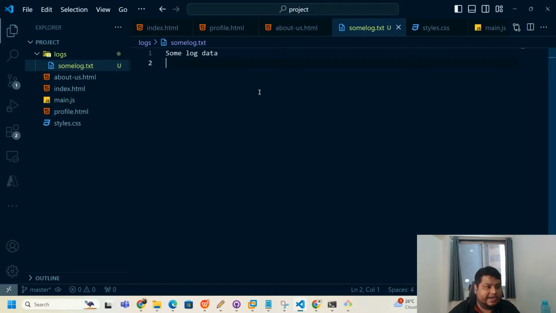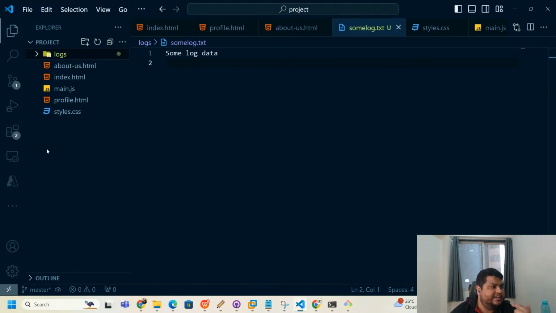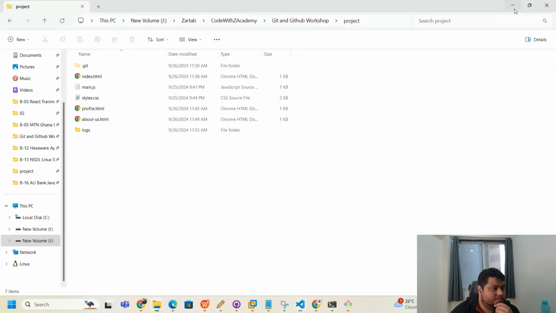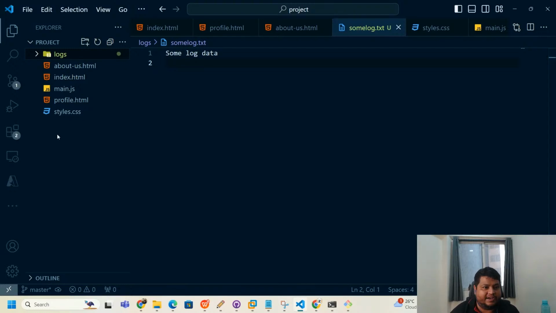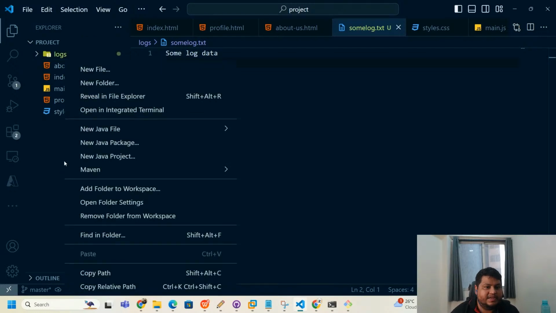I don't want this log data to get pushed to the remote so that anyone can just open it and work. So at that time, see the structure of my application looks like this now. And this folder, I don't want this folder to go to the final repo. What will I do for that? In my root directory, wherever my Git repo is, at that place, I will